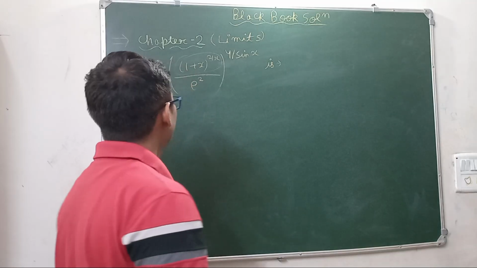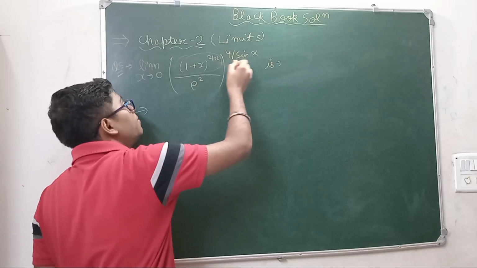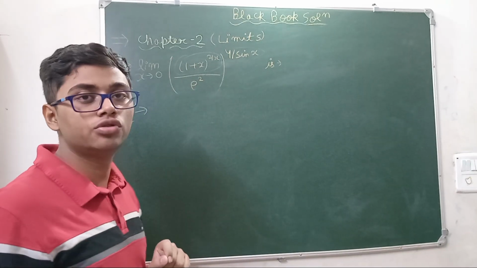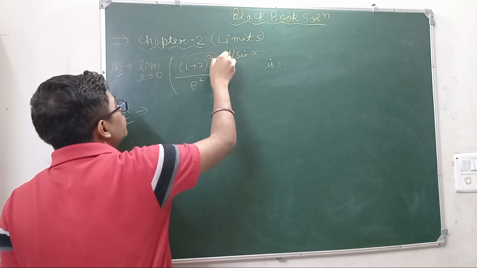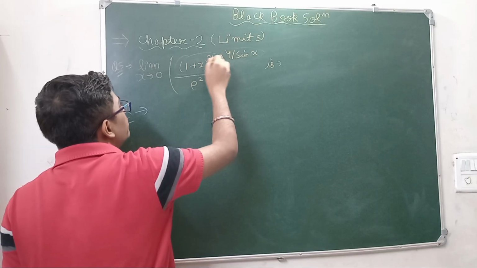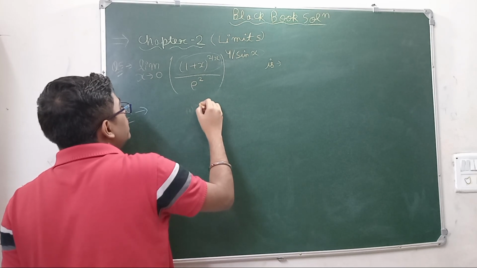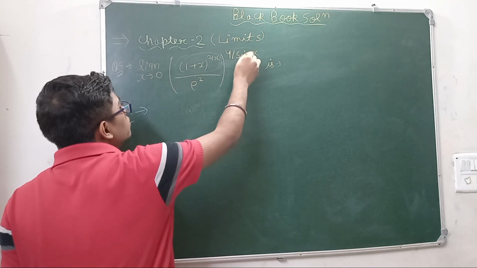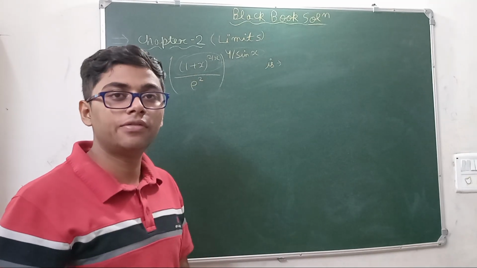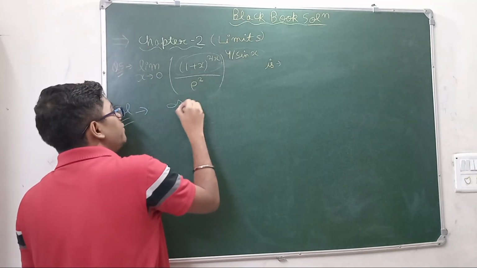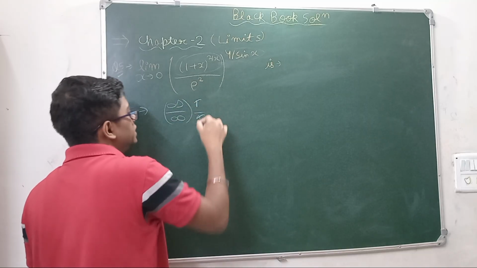Okay, so first of all, see, whenever this type of limit is given where the variable power is there, if you substitute x equals 0 here, this will become what? This will become 0, and 2 by 0 is infinity, this will become infinity only. So here if you see, 1 to the power infinity, and sin 0 is 0, so 1 to the power infinity, infinity to the power infinity. This is the form of infinity to the power infinity. So whenever infinity to the power infinity form is given, you have to take log on both the sides.